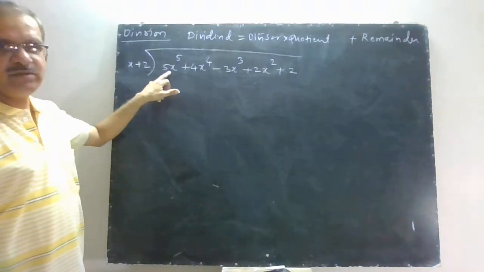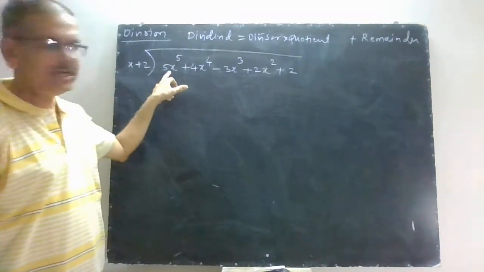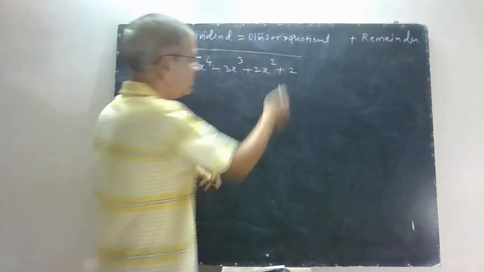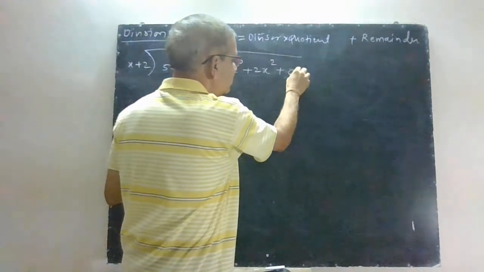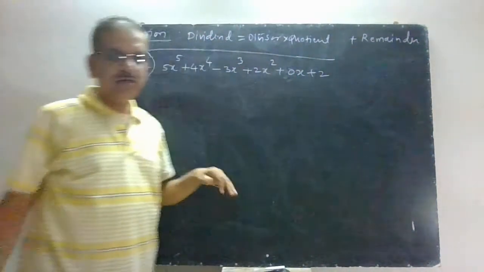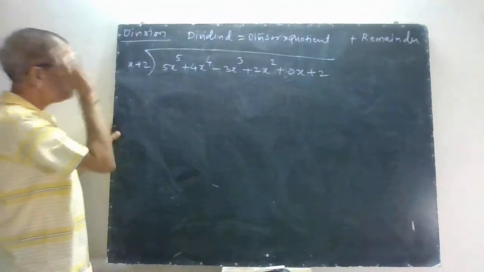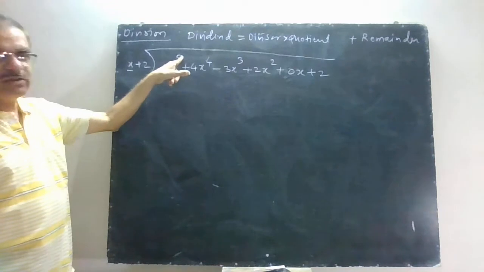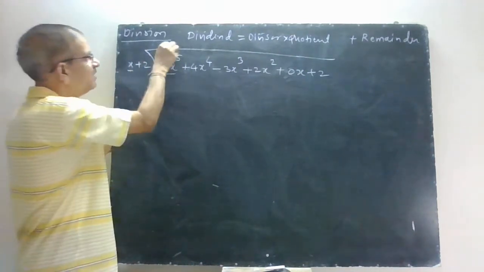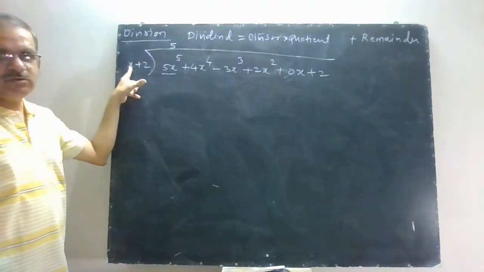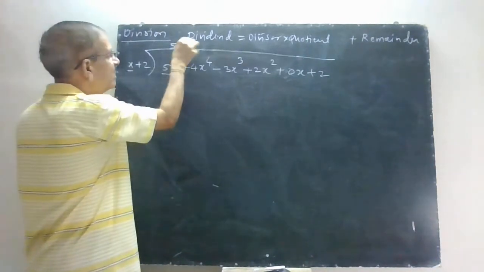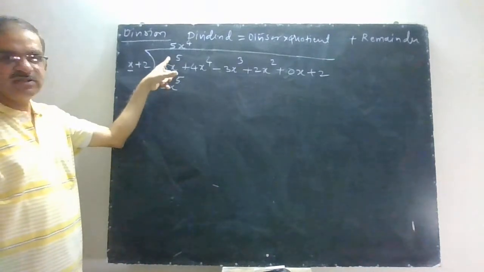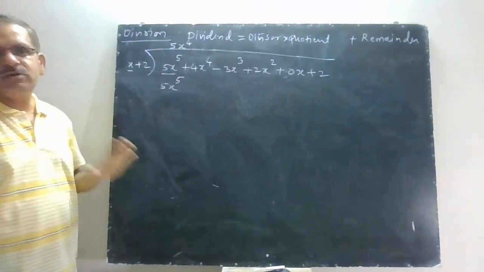Now observe the polynomial, whether it is in the index form or not. If it is not, you can write it down. It is 5, 4, 3, 2. Now see here, there is no term of x. So instead of leaving it out, write 0x plus 2, so that you can simplify it very easily. Now only constant is in the first term here and first term here. It is 5x raised to 5, and here it is x. So you need 5 definitely, and x is here, so you have to write x raised to 4. So it is 5x raised to 4, so that you get 5x raised to 5 here. See, this first term and this first term should match, otherwise you cannot divide.